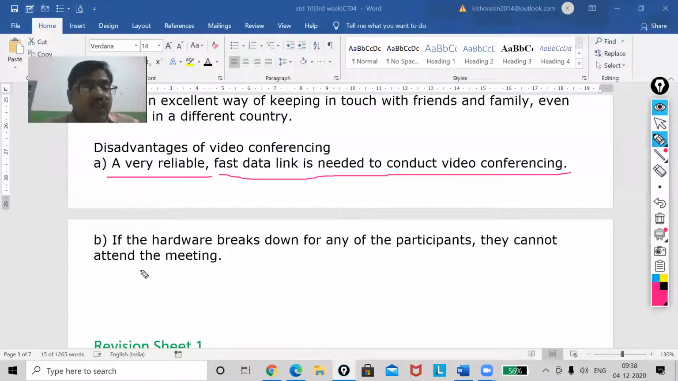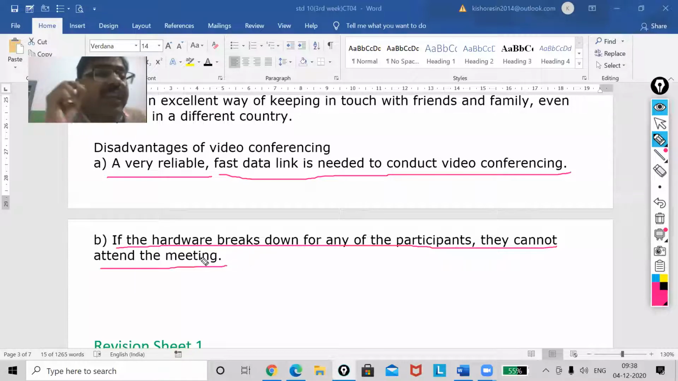Next one. If the hardware breaks down for any of the participants, they cannot attend the meeting. If suppose you have a problem with your PC, what will happen? You cannot join the meeting. Even with the software you are using to connect for video conferencing, my dear, if that software gets corrupted, you will not be able to attend the meeting. So these all are the